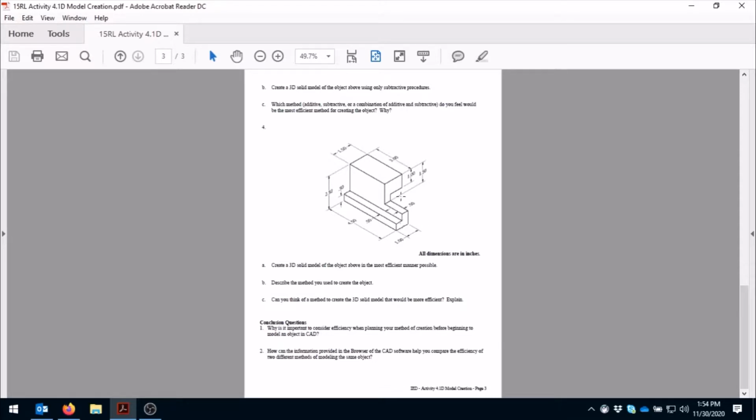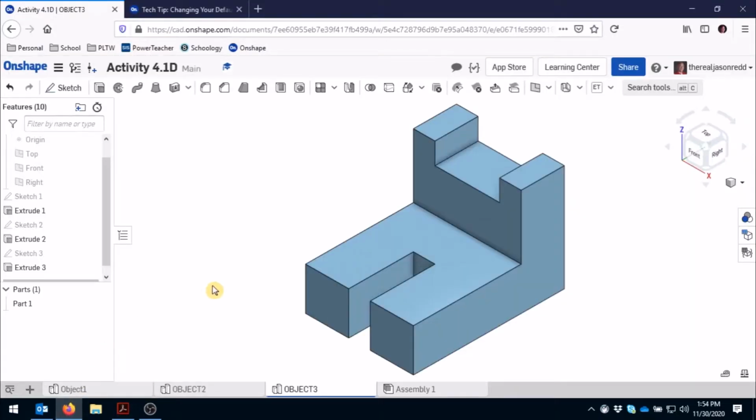I'm going to draw this from the right plane, and I'm going to extrude this as an entire object, and then I'm going to cut this corner out. So again, if you can imagine this little S shape here, I'm going to sketch that and then extrude it the entire length of 4.5. So I'm going to go back to Onshape. I'm going to create a new part studio file. So I'm going to hit this plus sign and hit create part studio,